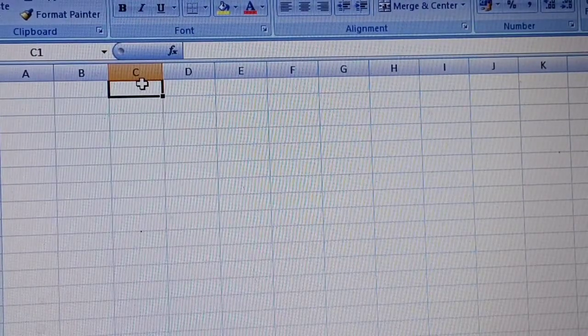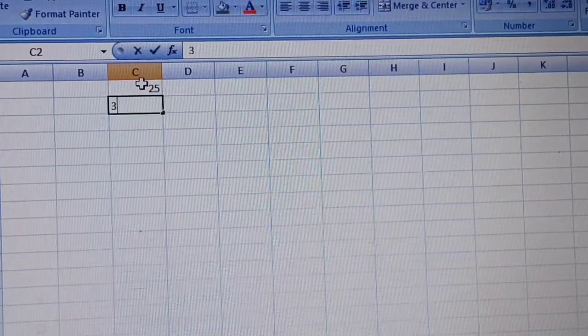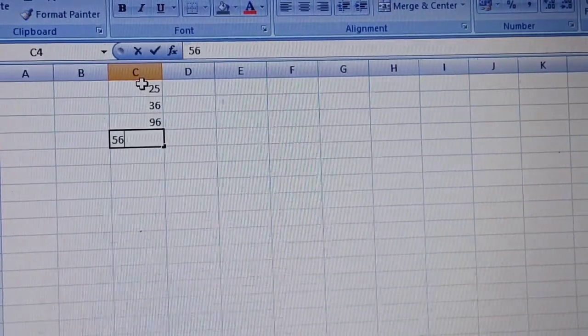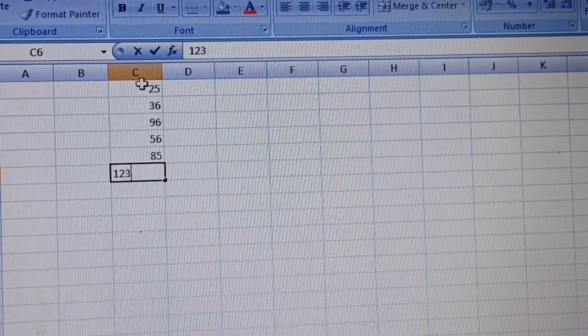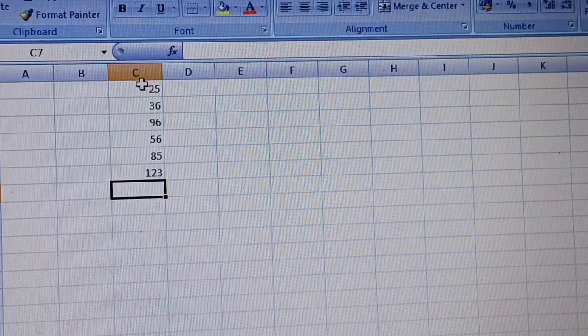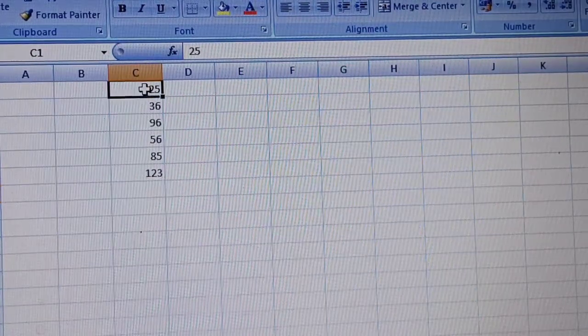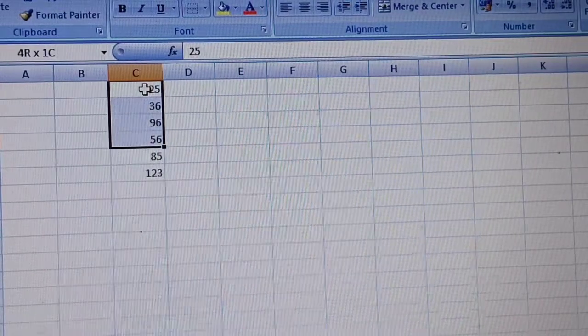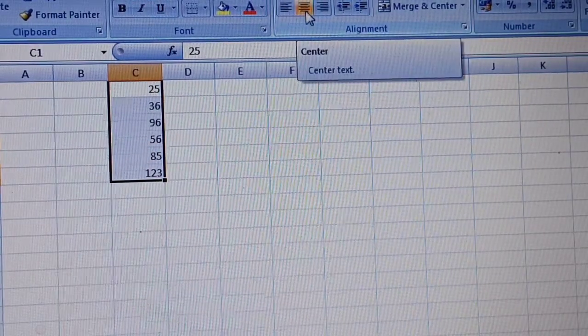Let's discuss the formula. Suppose here we put some numbers and I want to find the sum of these numbers. Okay, we put the numbers here. You can change the formatting, means we select all these numbers and click on center alignment.